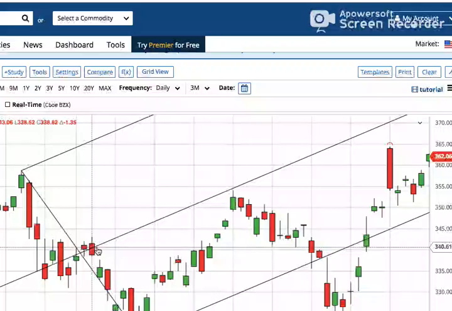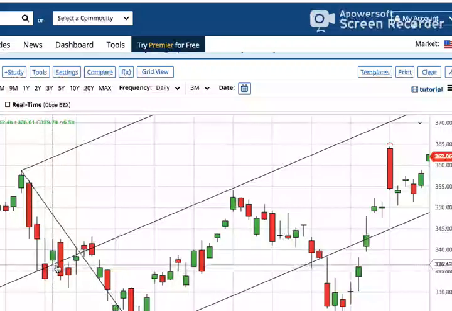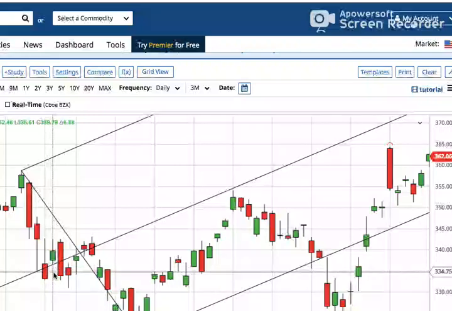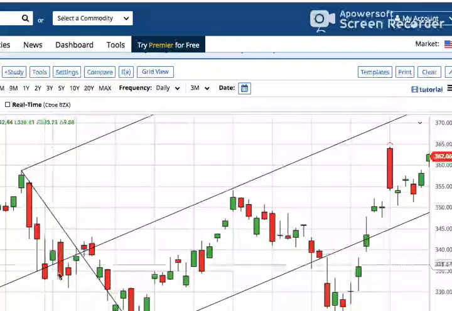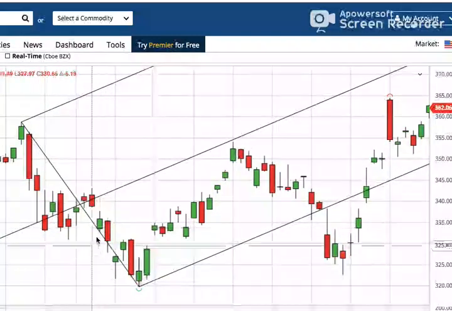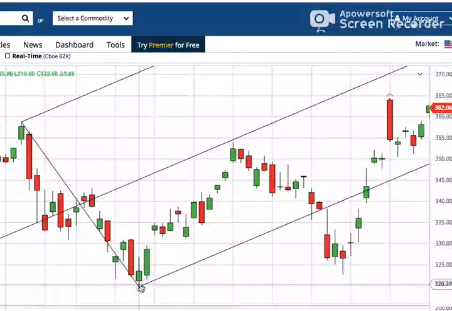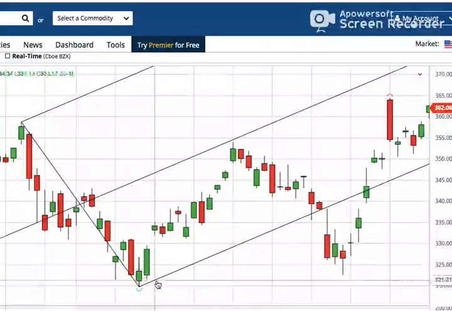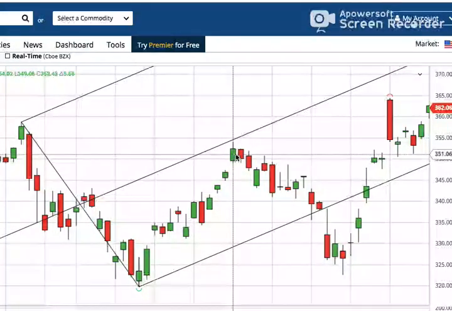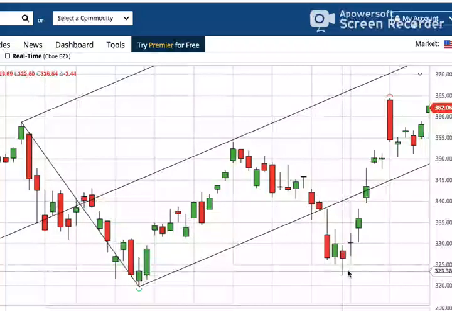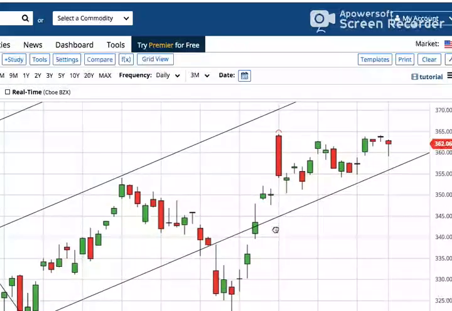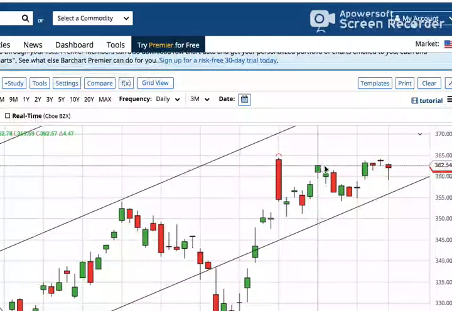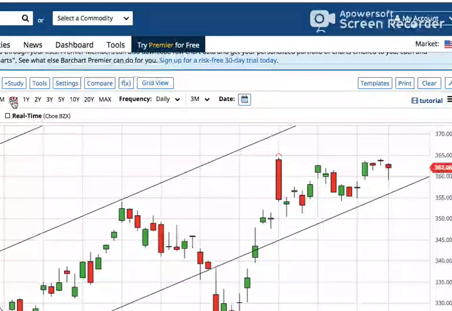The reason that I stress so much about reactions on the median, we can see the low of this daily candle and the low of this daily candle acted as clear resistance. This median was acting as a magnet, and then we saw even more validation of this pitchfork when the S&P 500 got away from it, went back, got away from it, went back. The point is, this pitchfork has a lot of validation, and it looks like we are going to be heading to the median of this pitchfork, okay?